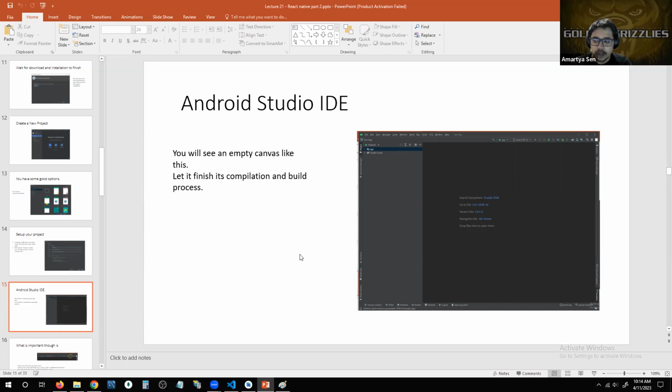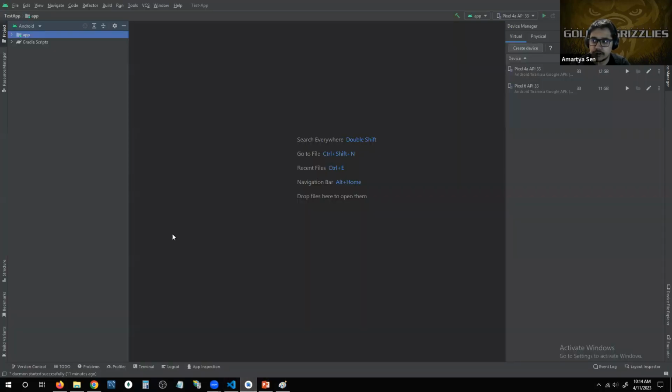So once you install and go through the prompts, your goal is to reach this particular window where you will see a window like this for your Android Studio, where you have your Project Explorer to your left, and then you will have your device manager options to the right. So get to this point, and once I discuss the overview of what we are going to talk about in today's class, I will come back to this and walk you through the process of setting up an Android device like what you see here for myself, right? So I'll just hit play here